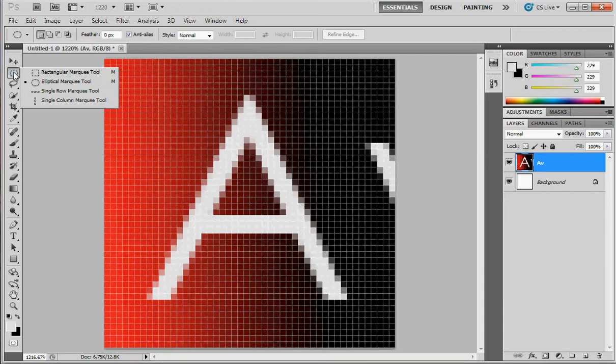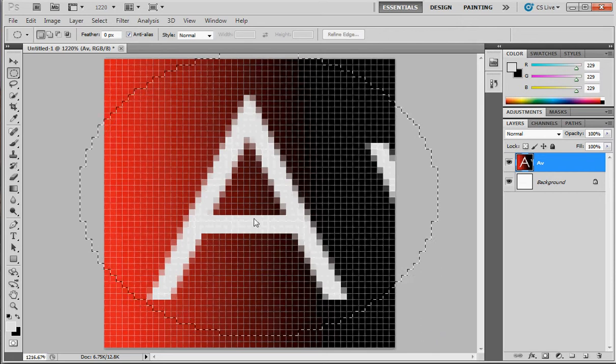We could select our elliptical marquee tool. We could hold down shift so it stays as a circle, drag that across, and then press the space bar down while still holding shift to be able to move this around. If you don't hold shift, you're going to get a circle that is not perfectly round. It's going to turn into who knows what kind of shape. So you just hold down shift, drag that, and use the space bar to get it centered where you want,